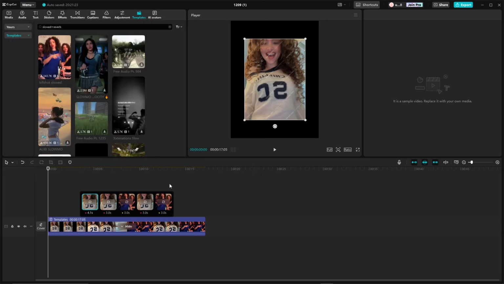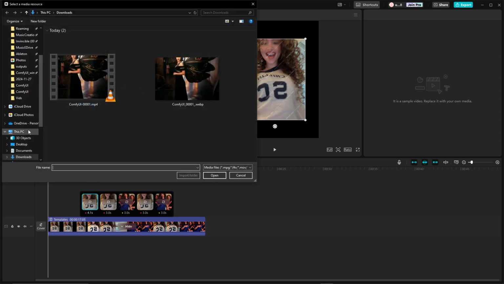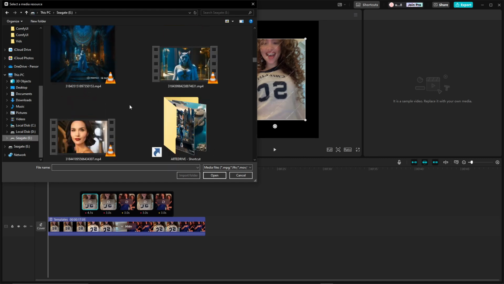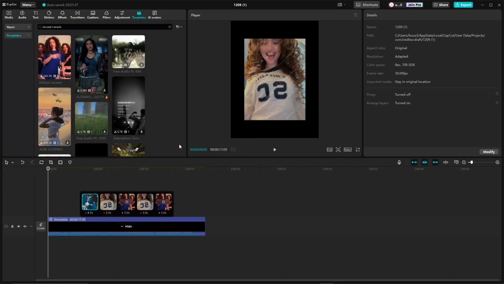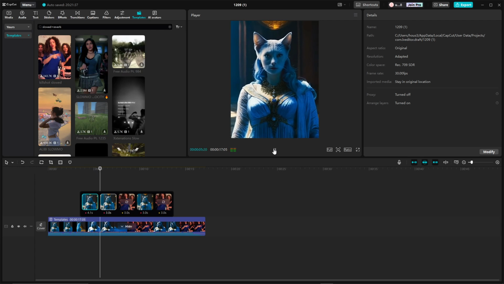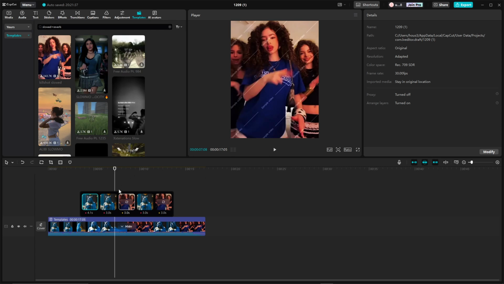It says the material you're trying to add is too short. Okay, so let's go ahead and we'll try something else. Let's see what we got. Let's go ahead and we'll use this one here. And so you could see here that it's actually done 3 out of 5. So we are going to need to do these other 2 as well. And here we have smooth slow-mo that has been applied to these, and you'll get an idea for what that's going to look like. So we need to replace that there, but this is just to give you an idea of how that's going